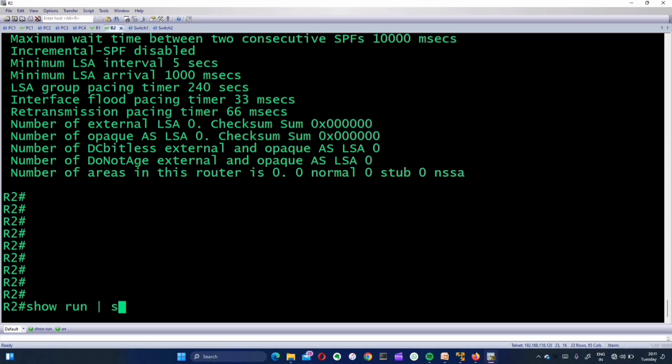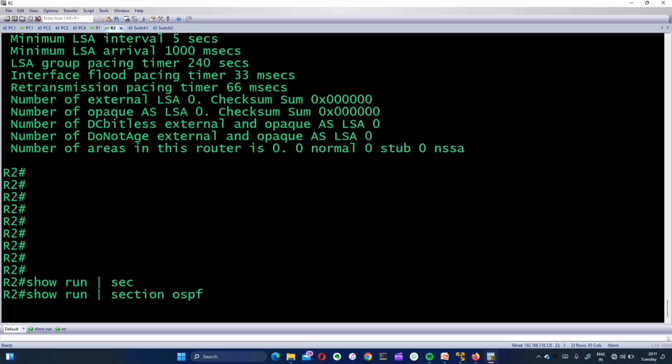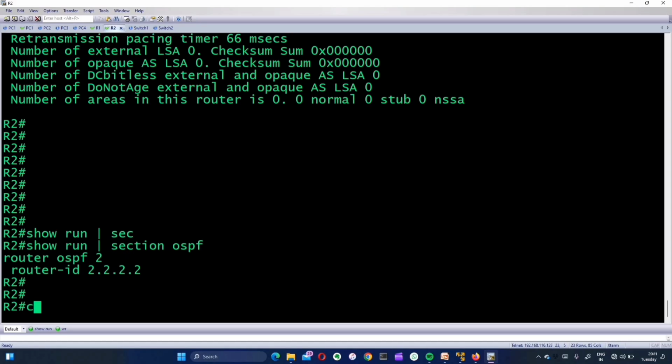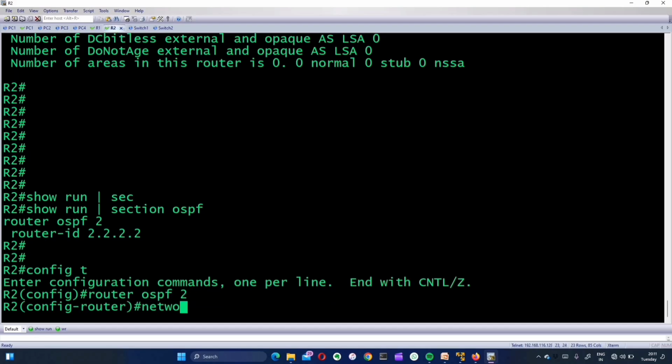Show run pipe section. Always have this habit of checking the current configuration whenever you are making configurational changes. So this is the main motive of doing these labs, that you should have these good habits while you are practicing the labs, so that you will do the same thing when you work in the live network. So here I'll go in config t, router ospf 2, network